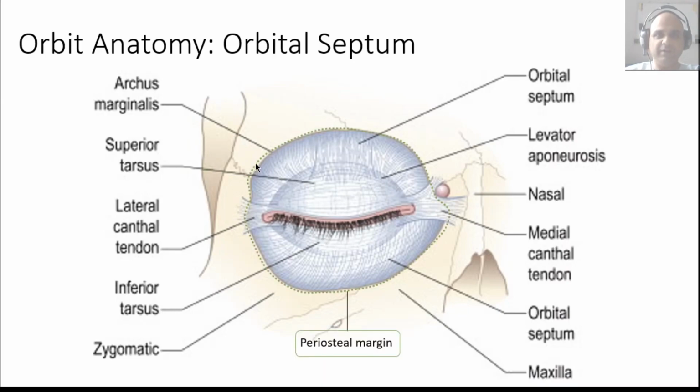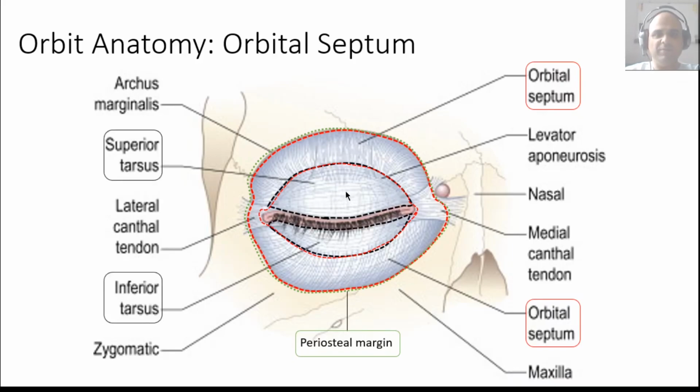And the first landmark is the periosteum of the bony orbital margin, which is this green dotted line. This periosteum continues into both the upper lid and the lower lid as the orbital septum, which is the area between the two red dotted lines. The orbital septum itself continues on or merges into the tarsal plates, which is represented by the area between the